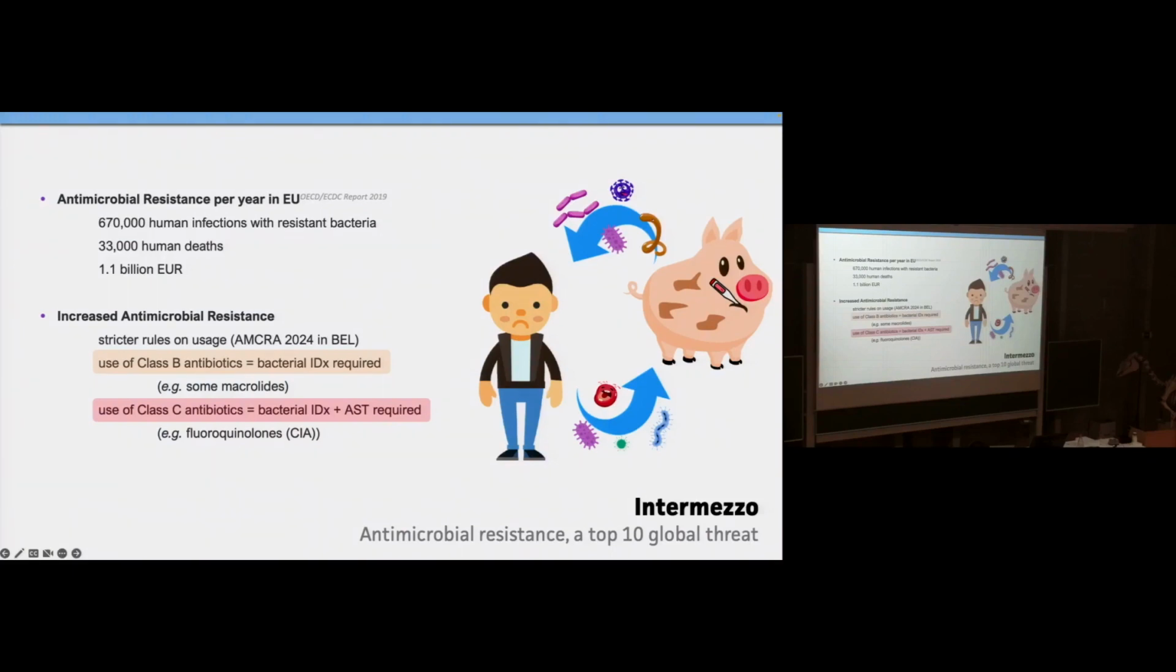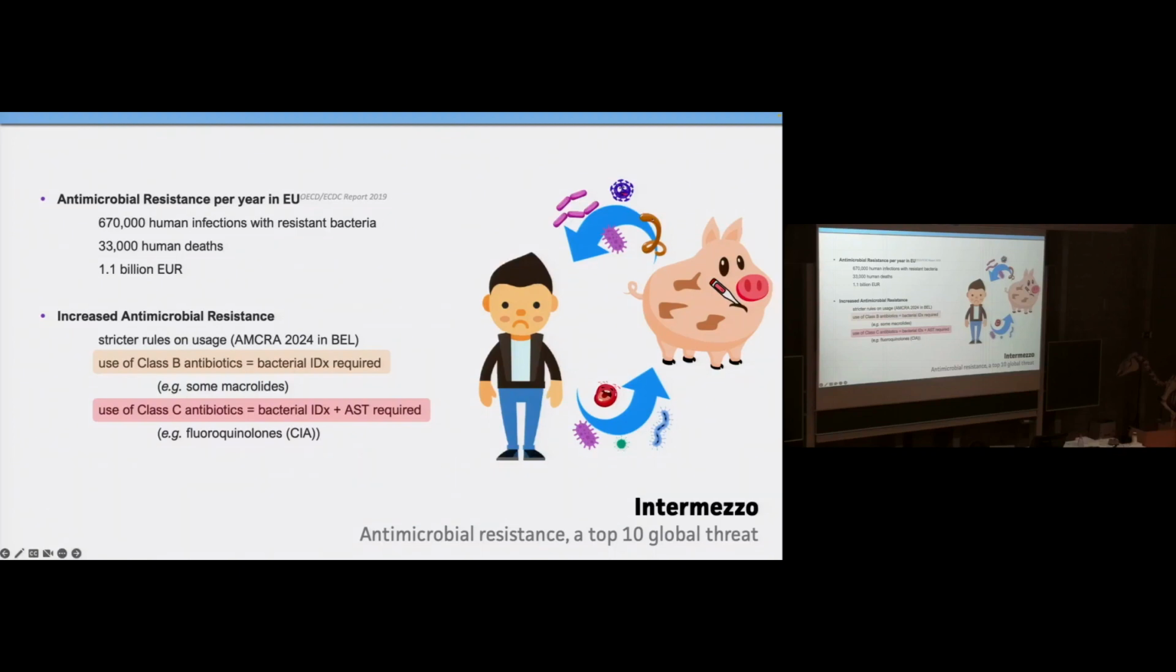So this problem is that there has been an increased antibiotic resistance amongst many different bacteria. And this has put a lot of pressure on the veterinarians, actually, because they have to reduce the use of many of the antibiotics. And that's why AMCRA, which is indicated here, has put specific guidelines in front: class A, class B, class C